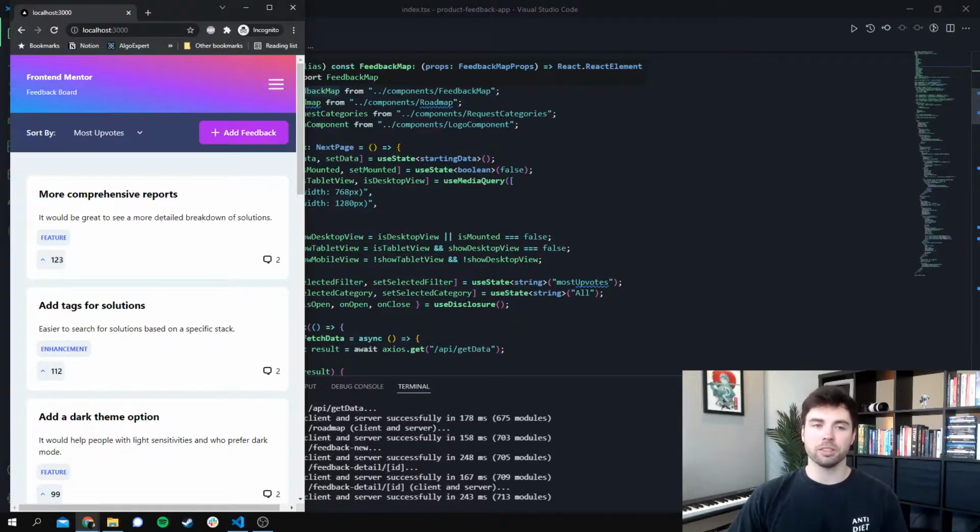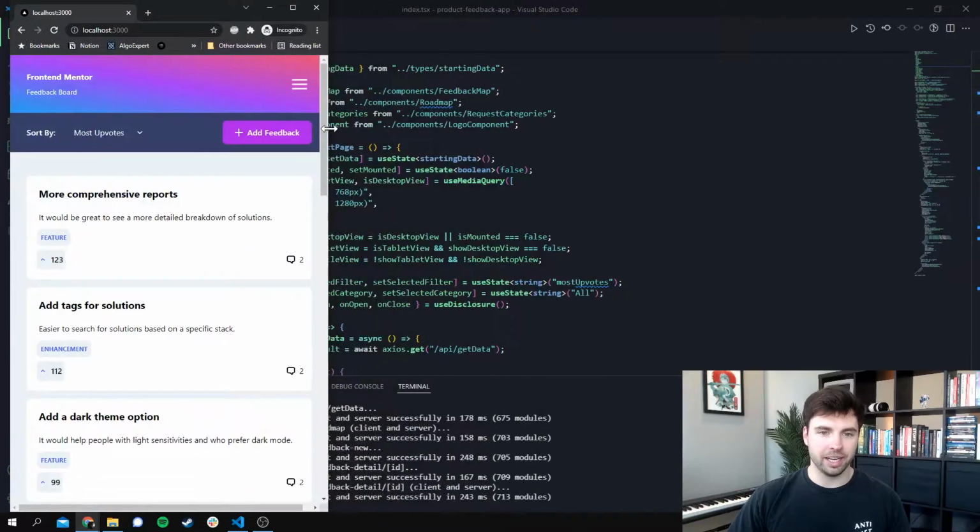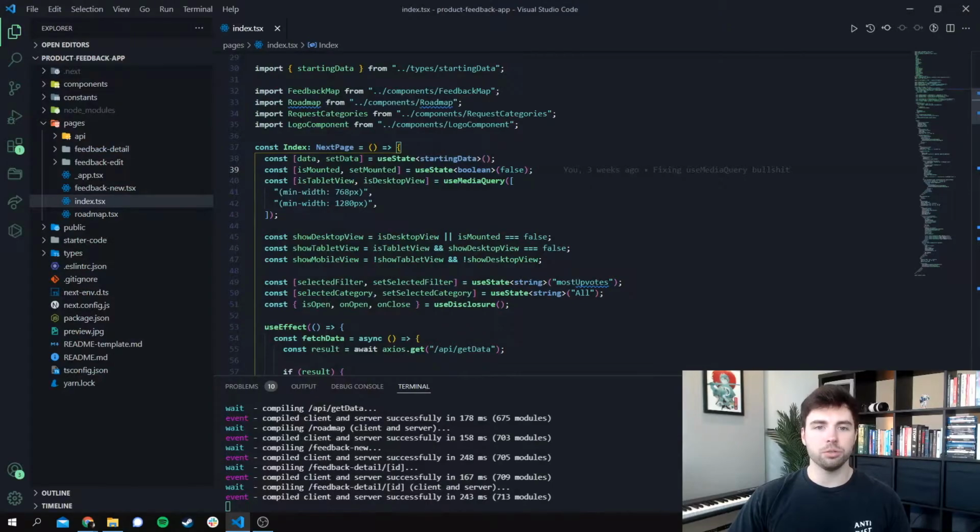which can take me into the first thing I learned about Chakra UI, which is that the useMediaQuery hook that comes with the library doesn't always behave correctly in a server-side rendered environment. That means that on the server, it might show one set of components, and then on the client, it wants to show a different set of components. And when those get out of sync, you're going to have rendering problems in your application. So in order to fix that, what I did was use the useMediaQuery hook, and I extracted an isTabletView and isDesktopView